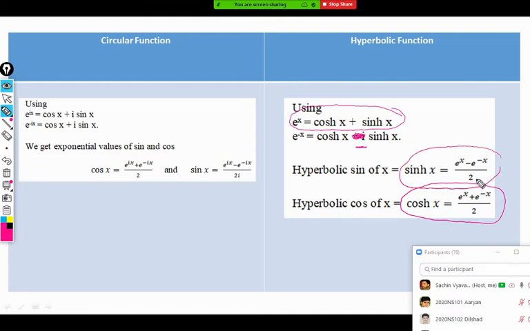There is no iota in the denominator. There is no iota. So what you will observe if you compare these two sets of formulae is, just remove the iota. Just by removing the iota from the circular function, you will get everything about the hyperbolic function. Everywhere you have to remove the iota and convert the trigonometric function, that is the circular function, to hyperbolic. Replace circular function by hyperbolic and remove the iota. You will get all the formulas for hyperbolic there. Any doubt? Is there any doubt in the definition?